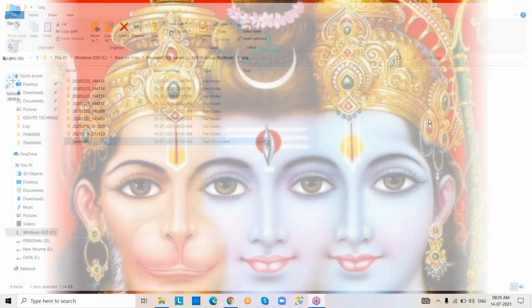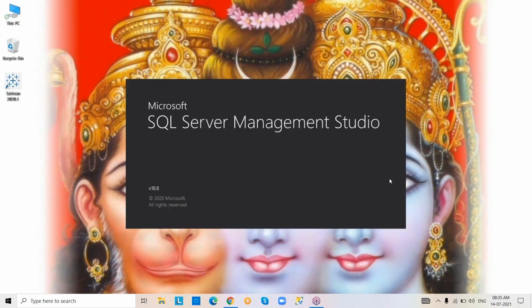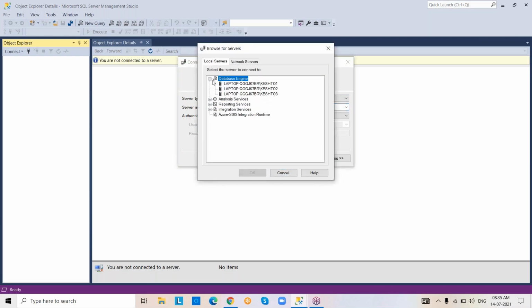In the same way, error logs. For error logs purpose we can use Management Studio. Let me connect to Management Studio. Here, if it is not showing your server name, browse for more, expand Database Engine.